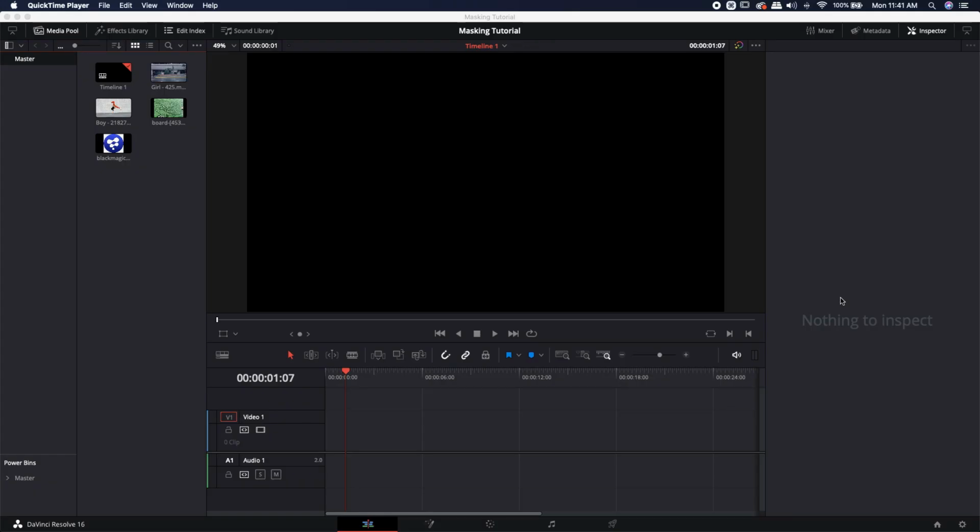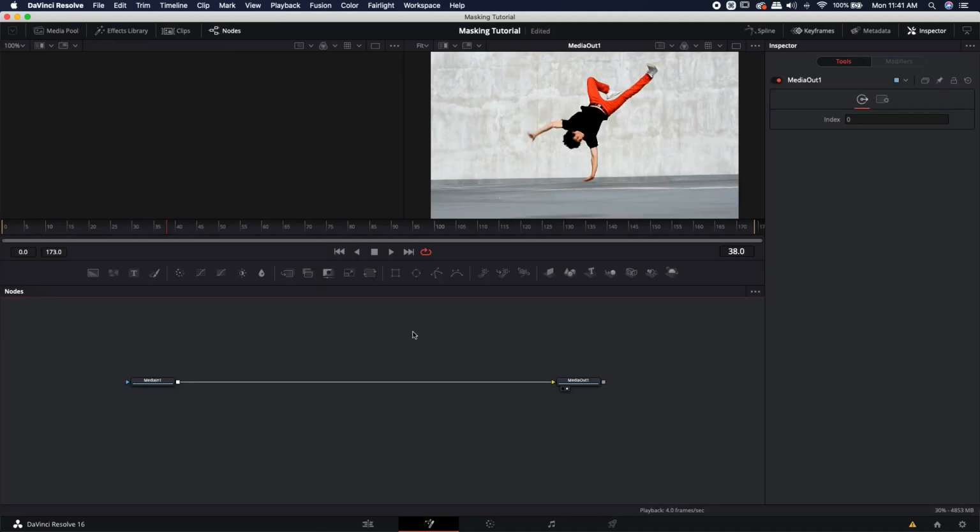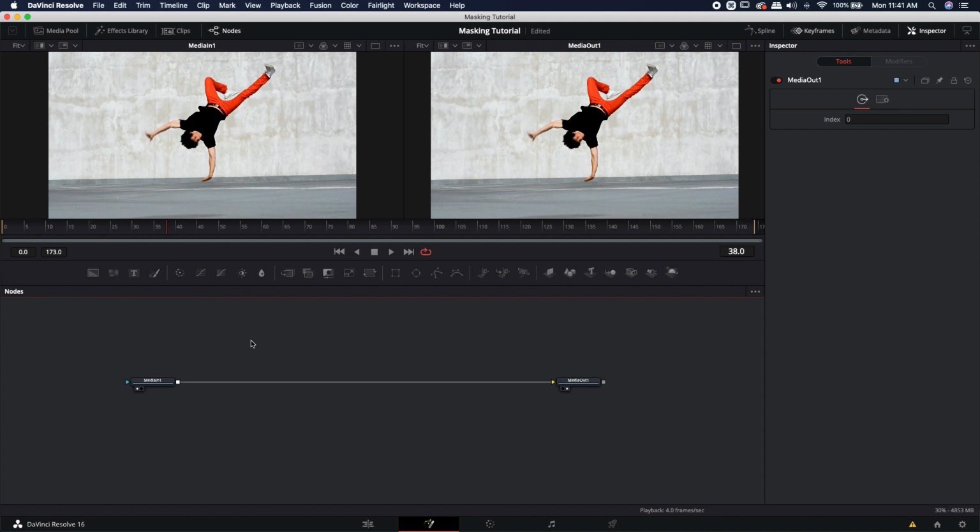I'm going to be using 16.2. This works in both the free and the studio versions. Let's go ahead and jump right into it. I'm going to go ahead and bring some footage down onto my timeline, and I'm just going to jump right over to Fusion. Before we even start talking about masking, we need to talk really quickly about the color channels